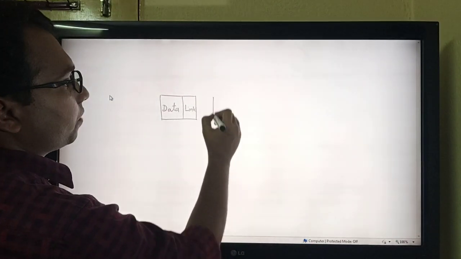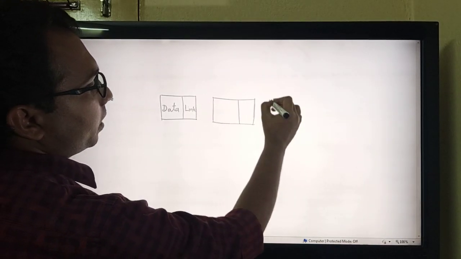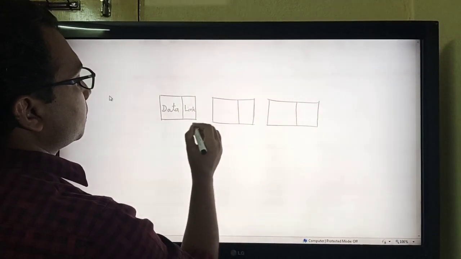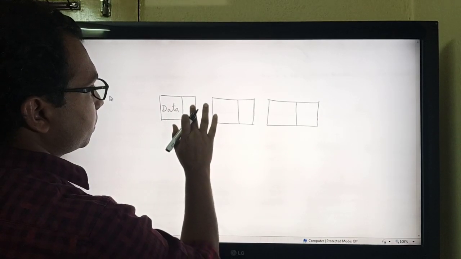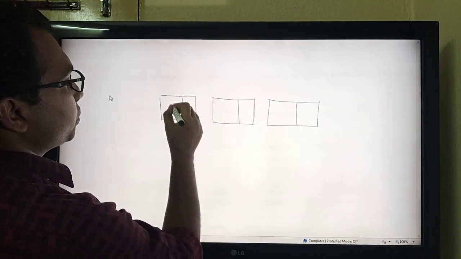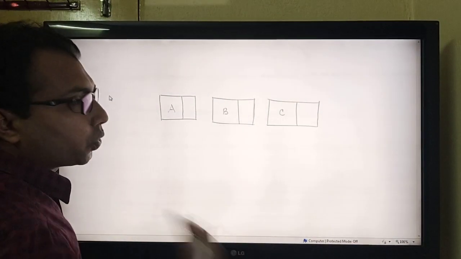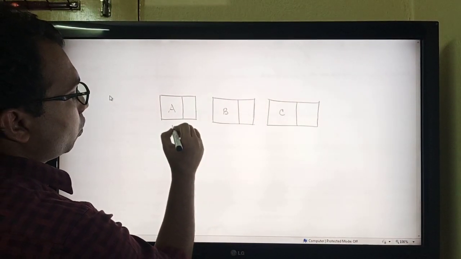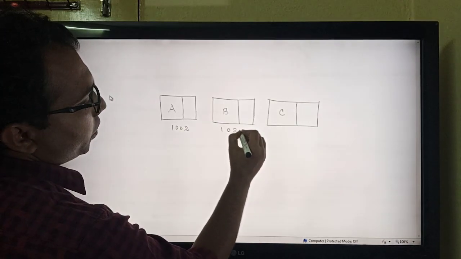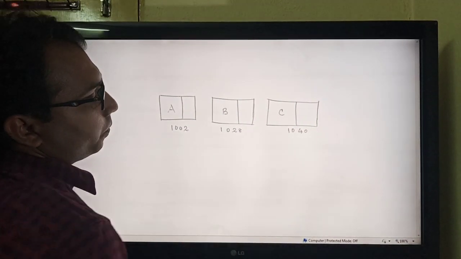Similarly, if we have multiple nodes in a linked list, then the structure goes like this. Suppose we have values A, B and C stored at different memory locations like 1002, 1028, 1040.